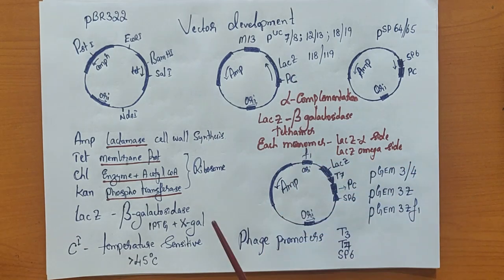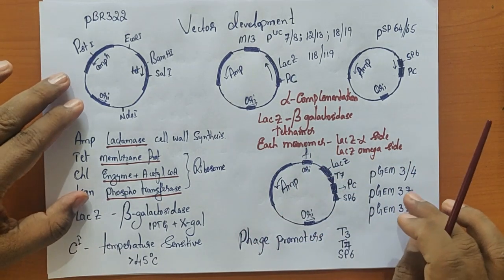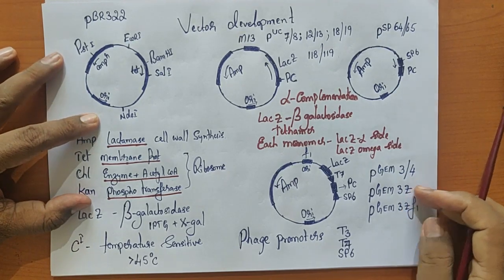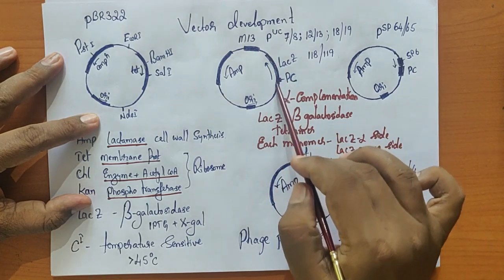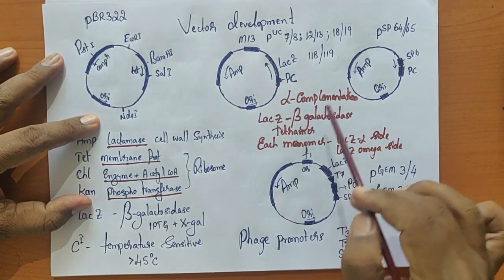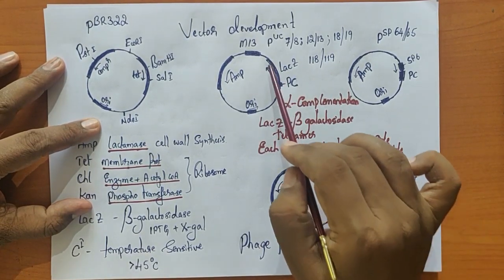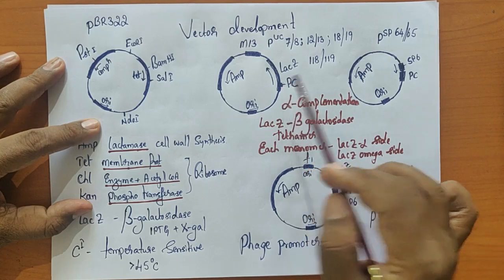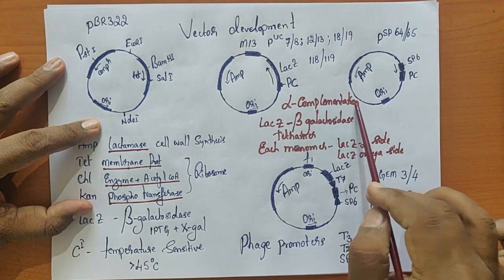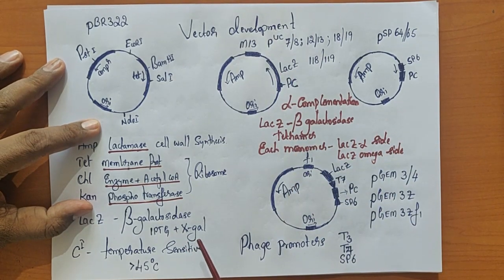that this LAC operon is characterized from E. coli itself. That means the E. coli genome also has a LAG-Z DNA. So now this particular DNA can also be discussed as what is known as alpha complementation. Now the function of LAG-Z DNA can also be asked, right? What is alpha complementation? Alpha complementation is related to the activity of LAG-Z DNA.